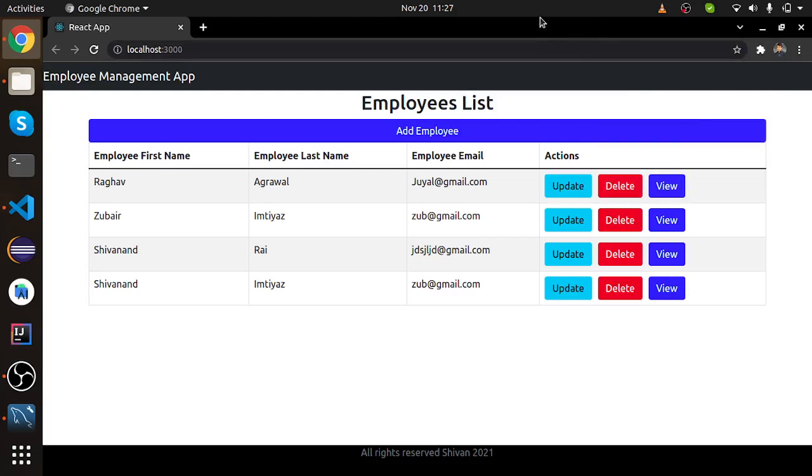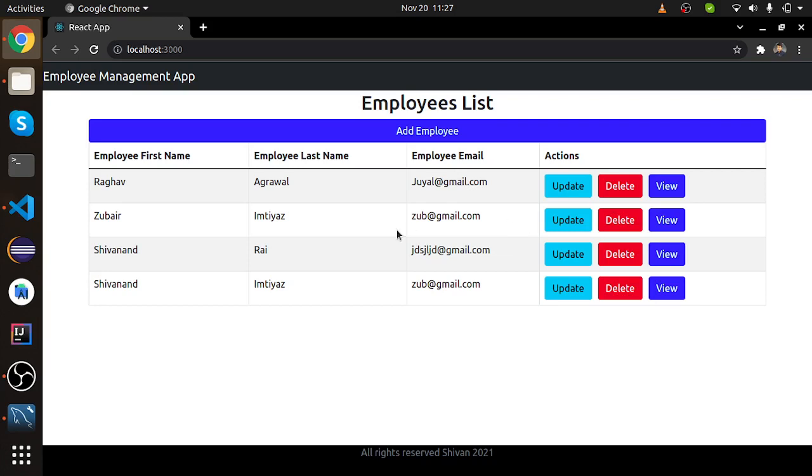Hi, good morning. So, I am just about to brief you about this employee management system, basically a kind of web application I have made. Let me show you what it does. It's a very simple, basic employee management system where you can just update details like first name, last name, email.